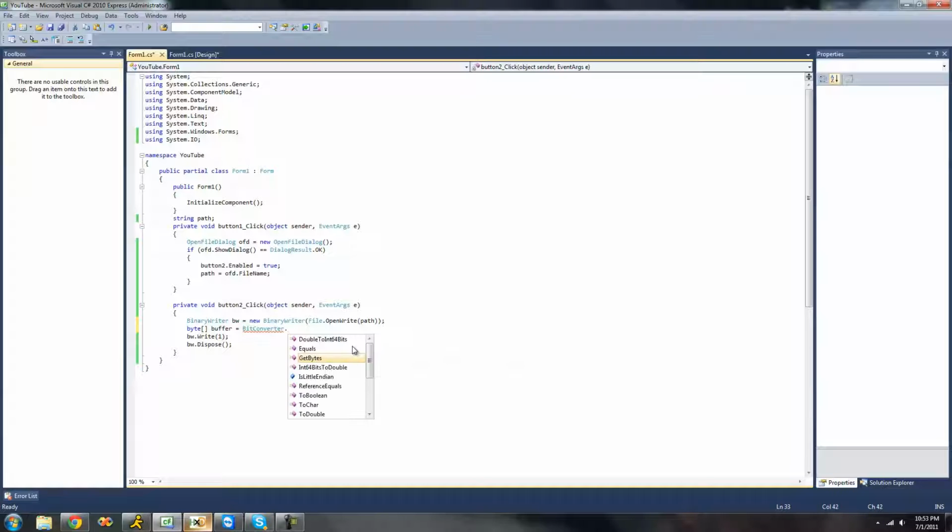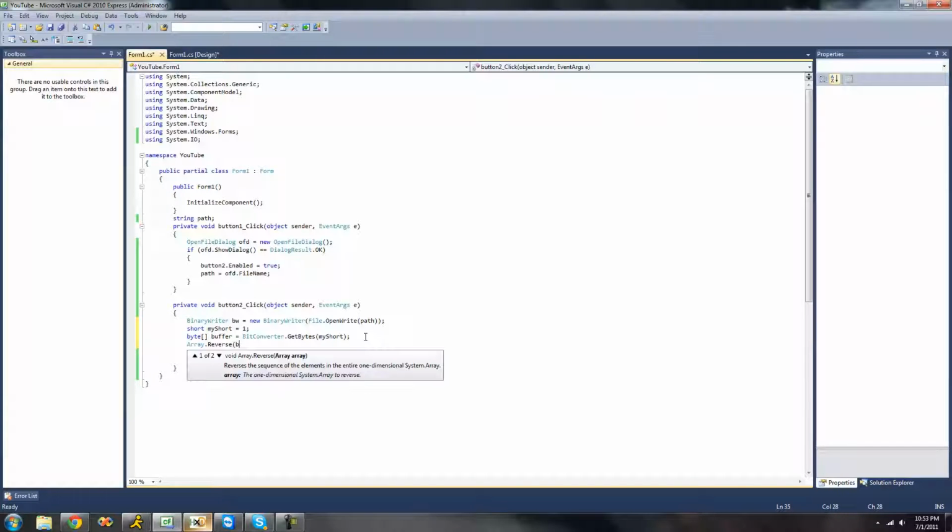So we're going to do .GetBytes, and we're first going to create a short, and we'll just call it myShort, and we'll set it equal to 1 because that is the value that we want to write, and then we're just going to get the bytes from our short. So now this buffer right here will contain just 0 and then 1. Well, we're going to have to flip it so that it will write it in the correct direction. So we're just going to do Array.Reverse, and then we're just going to reverse this buffer array right here,